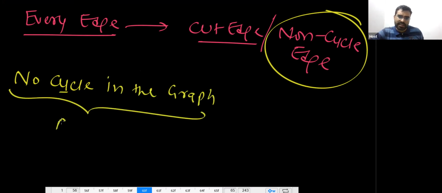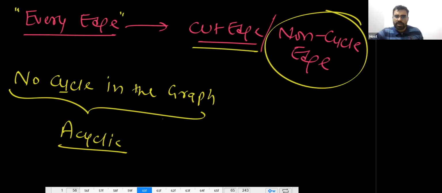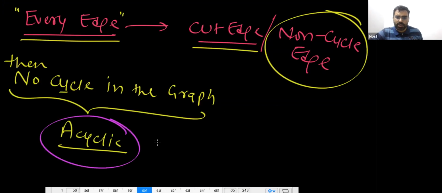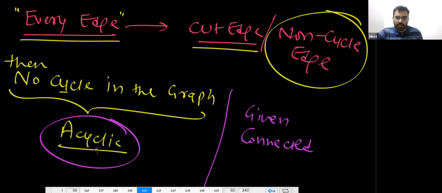So your graph is definitely acyclic, because remember, every edge is a cut edge. If every edge is a cut edge, then I can say that there is no cycle in the graph. So your graph is acyclic, and it is also given that it is connected. Acyclic and connected,